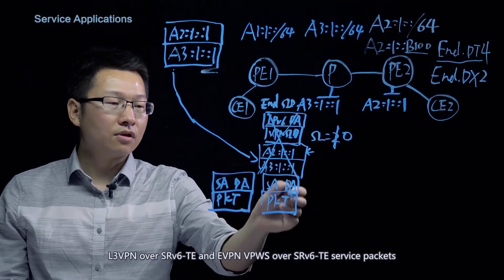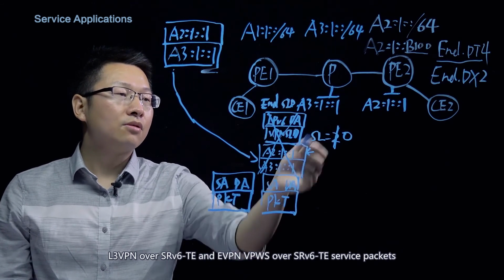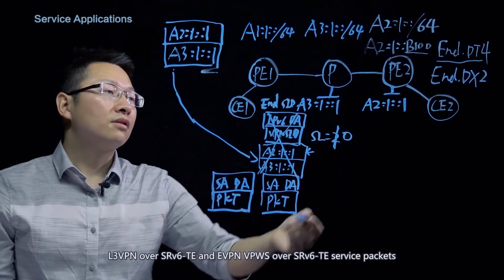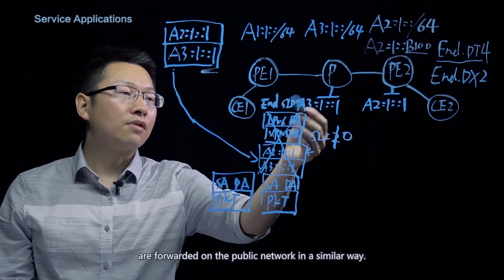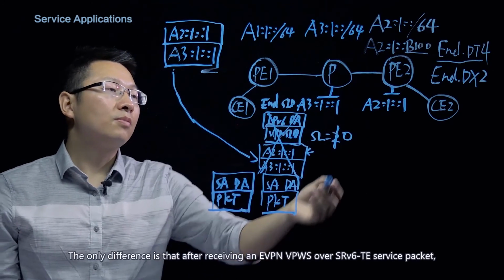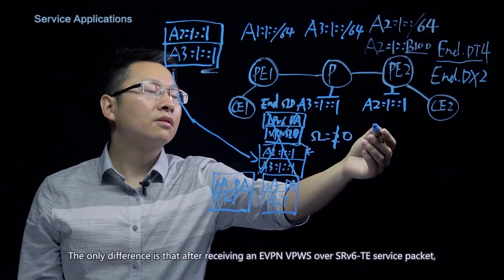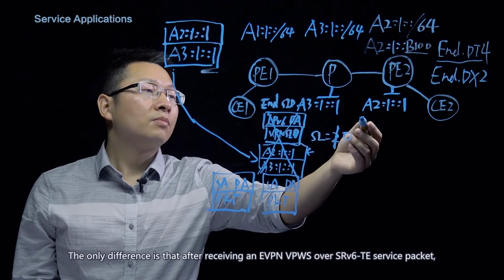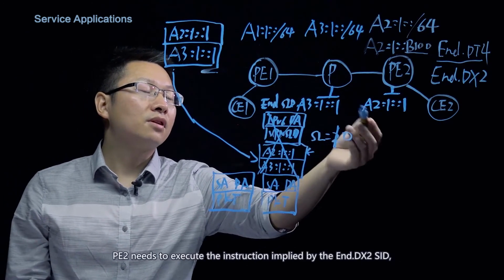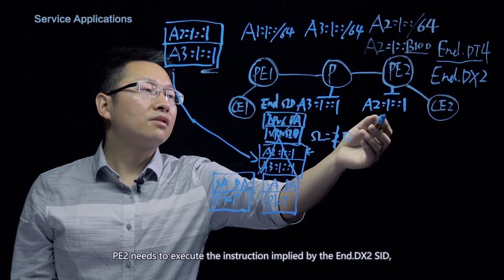L3 VPN over SRv6 and eVPN VPWS over SRv6 service packets are forwarded on the public network in a similar way. The only difference is that after receiving an eVPN VPWS over SRv6 service packet, PE2 needs to execute the